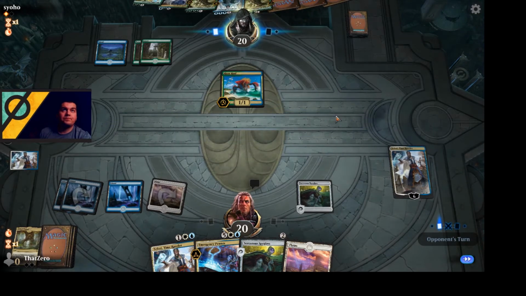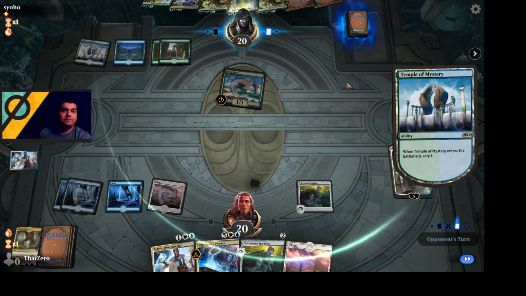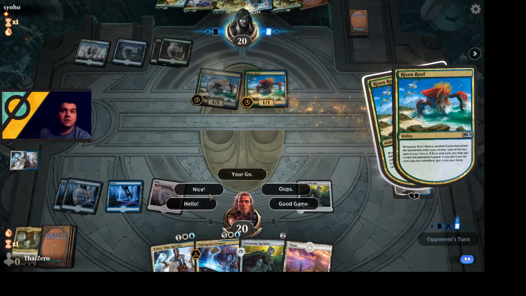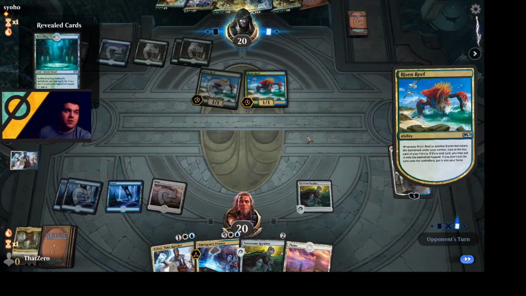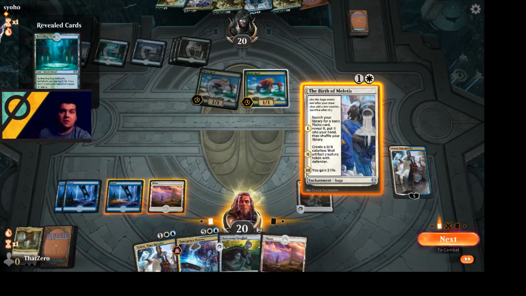Here goes nothing. Yep. Go ahead, we're breaking even, so I'm fine. Alright, what's next on the agenda? Another Risen Reef. Very nice. Yeah, it's super annoying that it doesn't actually draw the card. It puts it in their hand. Okay. So...